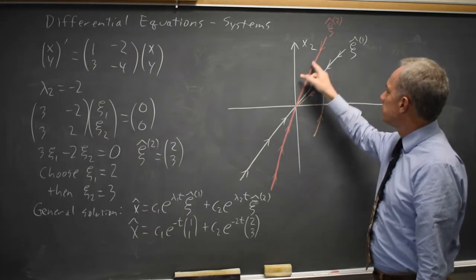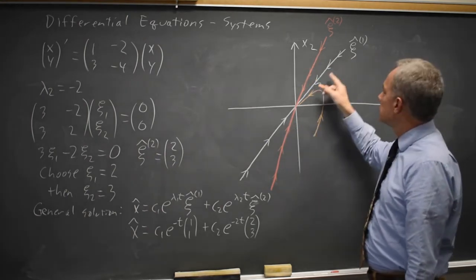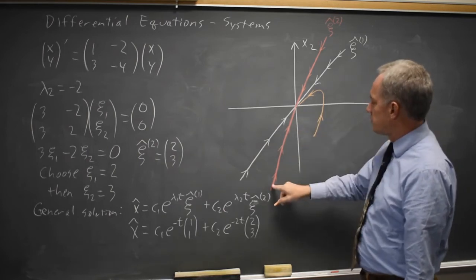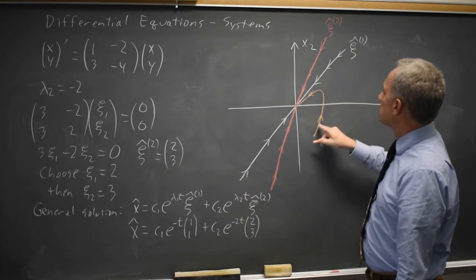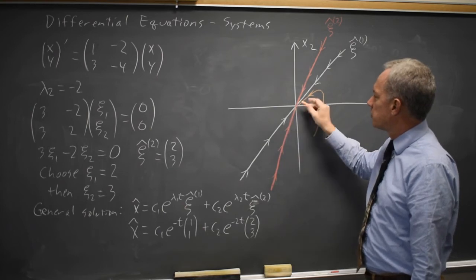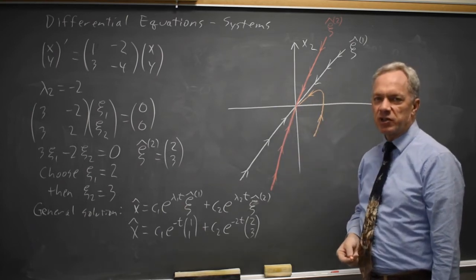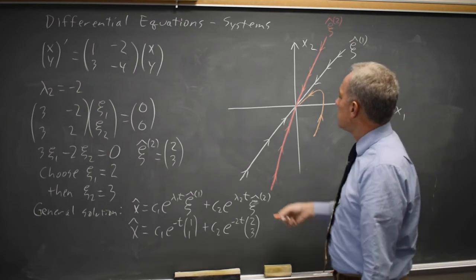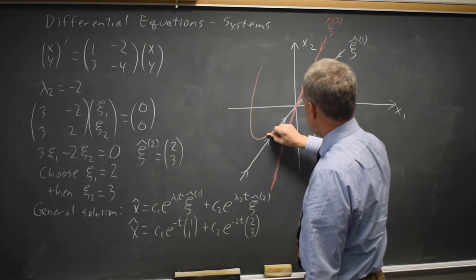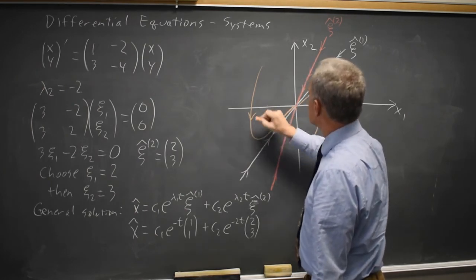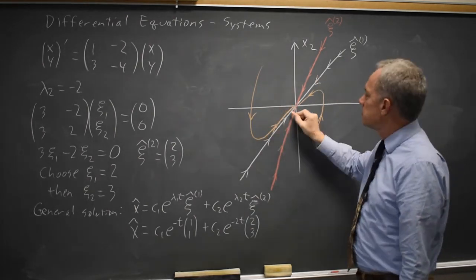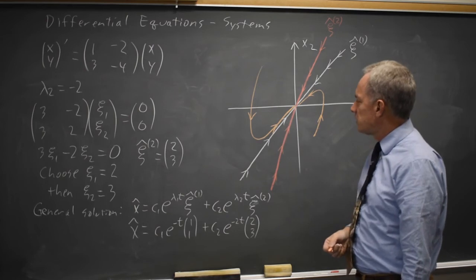The component in the direction of eigenvector 2 goes to 0. The component in the direction of eigenvector 1 goes to 0. But the component in the direction of eigenvector 2, which is away from eigenvector 1, goes to 0 faster. So we seem to move toward eigenvector 1 and then almost along eigenvector 1 toward the origin. If we were up here, we would do this. And our distance away from eigenvector 1 is always decreasing, but it produces this hook-like behavior